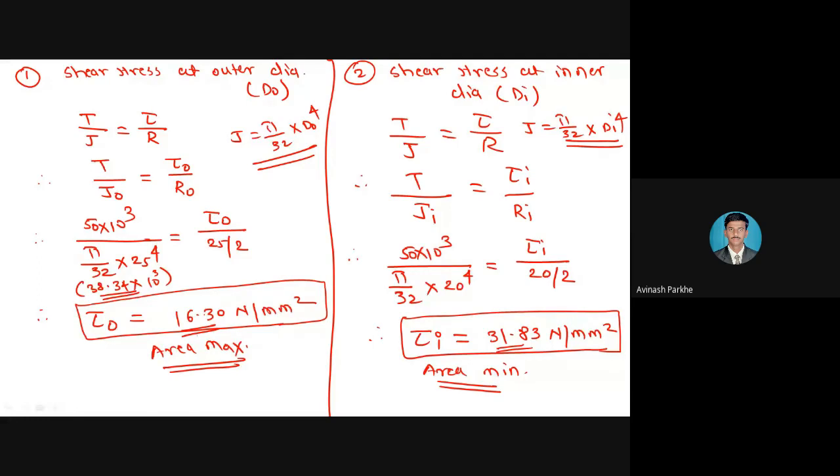But if the torque is not mentioned, by using the type of that particular shaft, pi by 16 into tau max into d cube, and pi by 16 into tau max into do raised to 4 minus di raised to 4 divided by do. By using that formula, we have to calculate the torque first, and convert that torque into Newton meter. Initially, you will get the torque in Newton mm, convert it to Newton meter, and then put that value in the power formula to obtain the power in watt only. And this third problem we have discussed related to the shear stress calculation for the outer diameter and the shear stress calculation for the internal diameter.